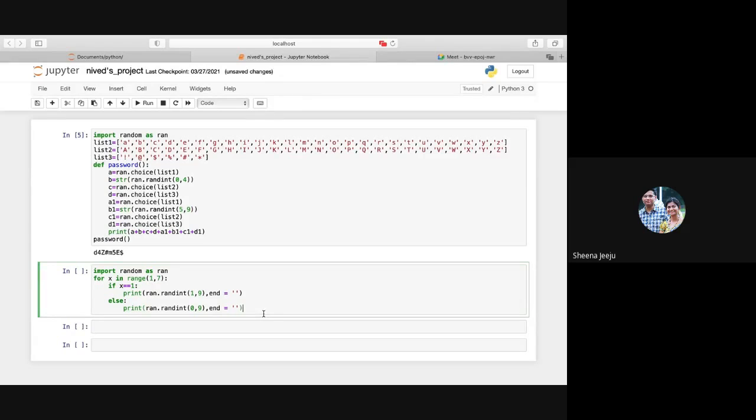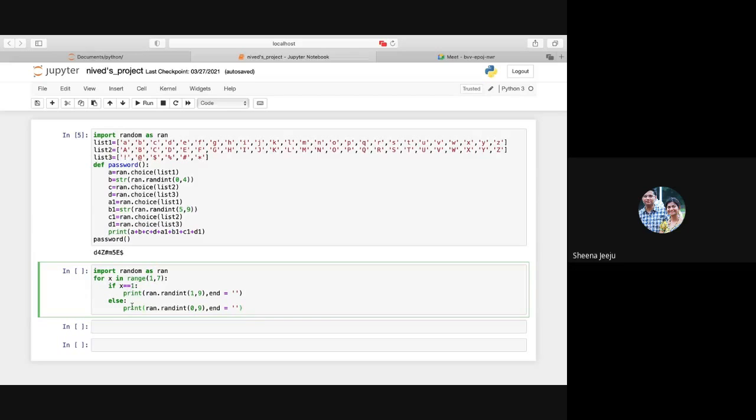And here I have done another program which will generate an OTP. In the first line, I have imported the random module as ran, and I'm going in a for loop which will go from 1 to 6 because 7 is not included. So when x is equal to 1, it will print a random number from 1 to 9.